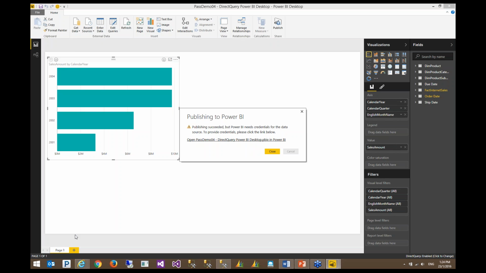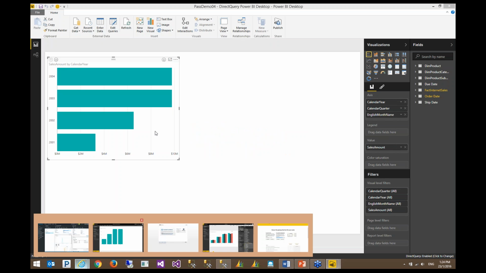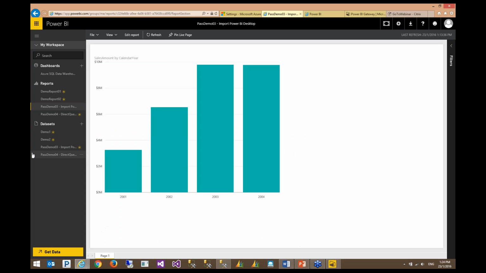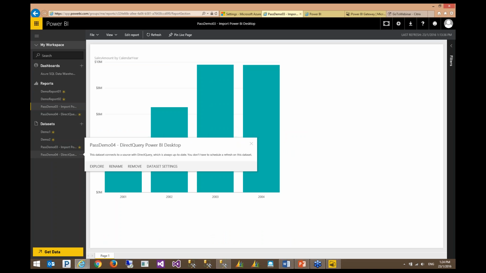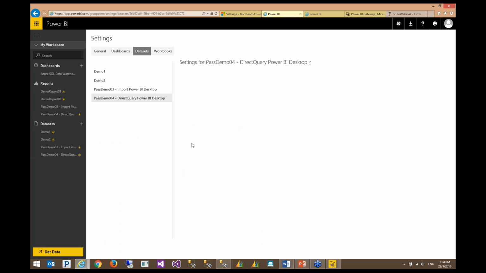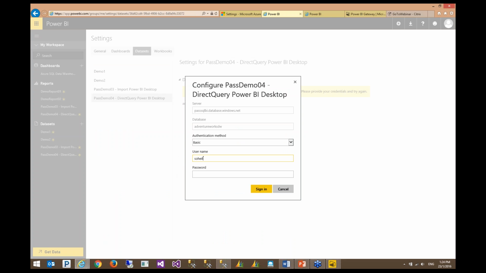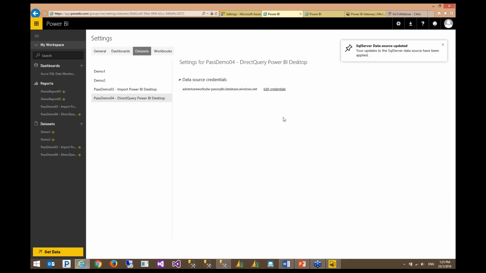So I'm going to close this, and when I go back to my Power BI service, look here, I'm going to click on dataset settings, and yes, I need to again pass my credentials, and right after that it will refresh my data automatically. And keep in mind the minimum interval was 15 minutes. So this was the last demo for today.